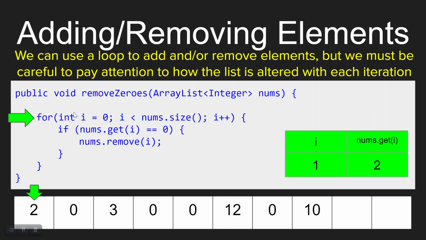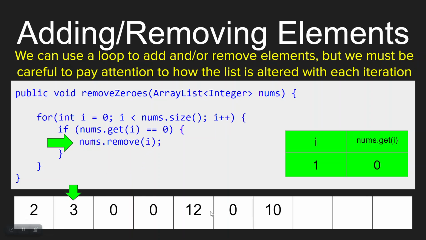So we're going to go up here, and we're going back into our for loop. We're going to increment I to 1. And now we're going to check if nums.get at index 1 equals 0. Well, obviously, nums.getIndex1 is 0, so we're going to go ahead and remove index 1. So that's now gone, which means everything else shifts down,